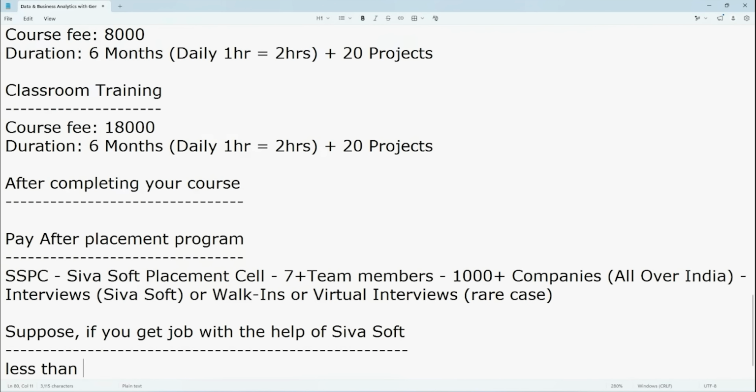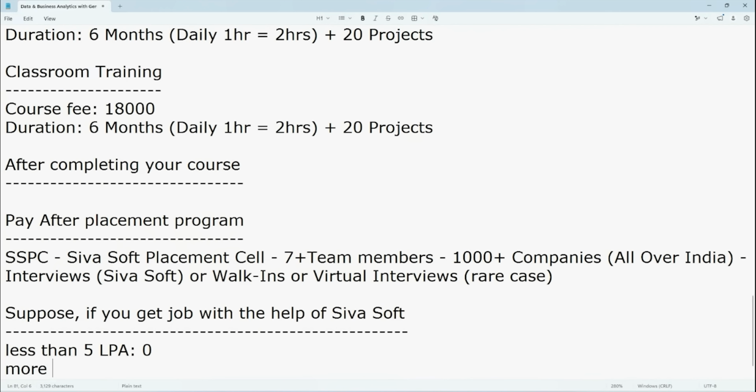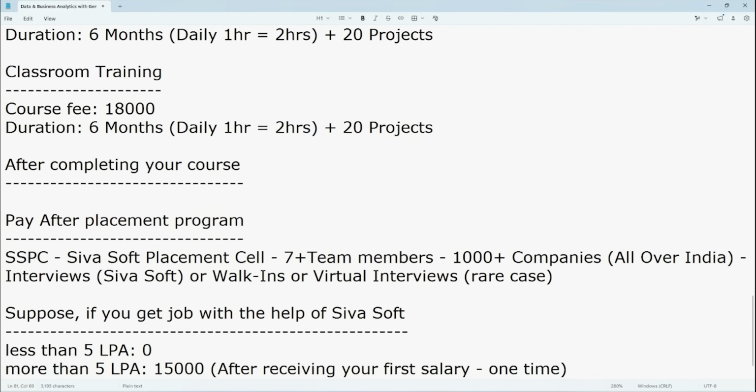And if your package is less than 5 LPA, then no need to pay any amount. Suppose your package is more than 5 LPA, then you need to pay 15,000. You need to pay this amount after receiving your first salary. And this is completely